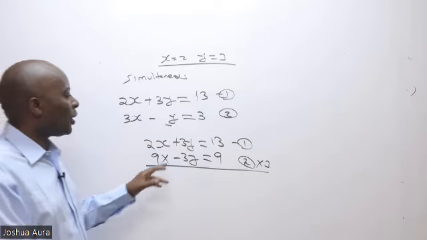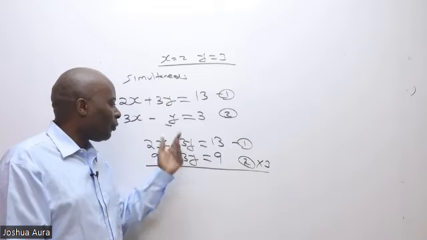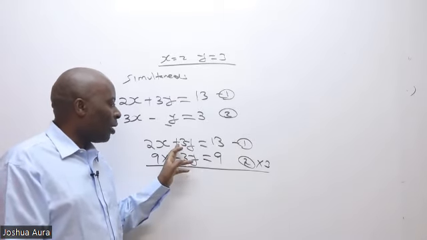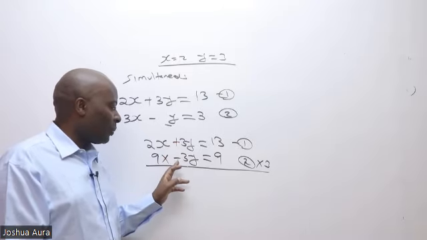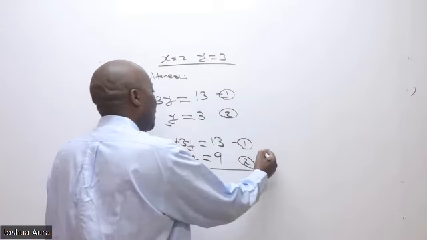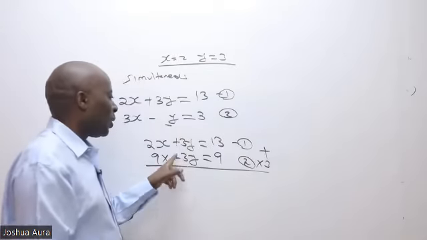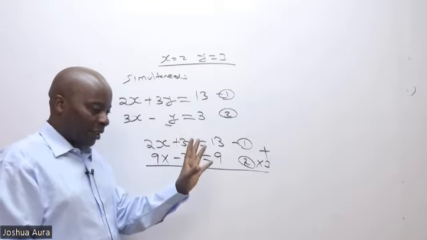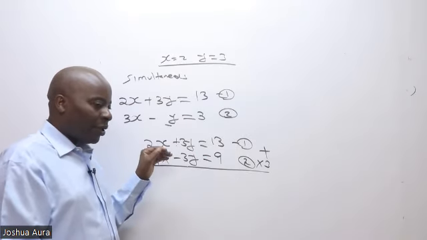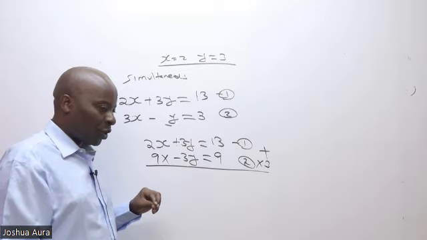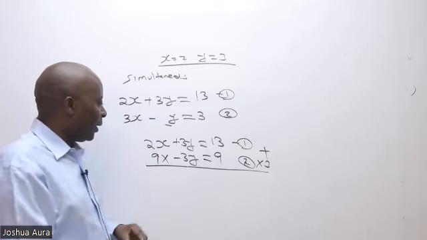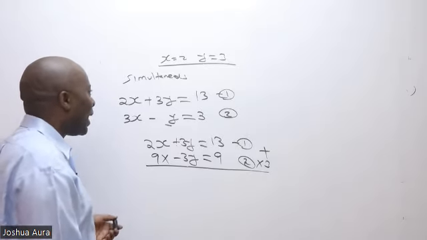Thank you so much. They are like children of different parents in terms of science, they are opposite. So this is plus 3 and this is minus 3. I can only kill this y by adding. Assuming that this was plus and this was plus, to kill y, I would have subtracted. If the signs are the same, you eliminate through subtraction. But whenever the signs are different, you eliminate by adding. So ladies and gentlemen, if we were to add